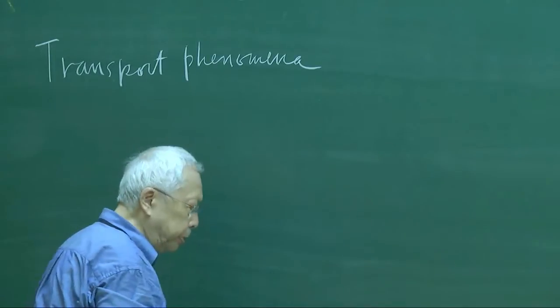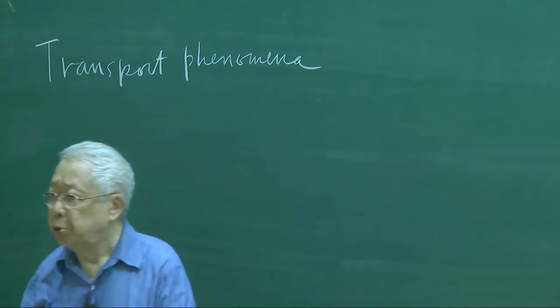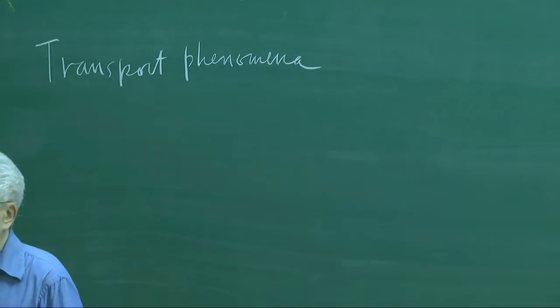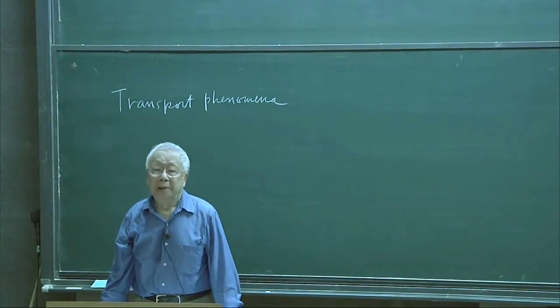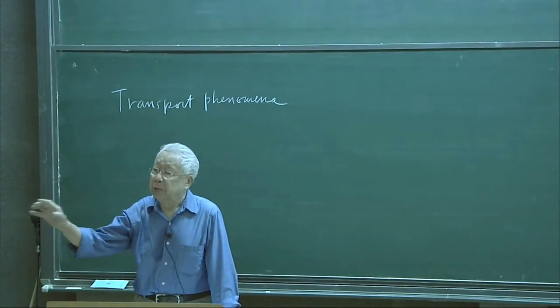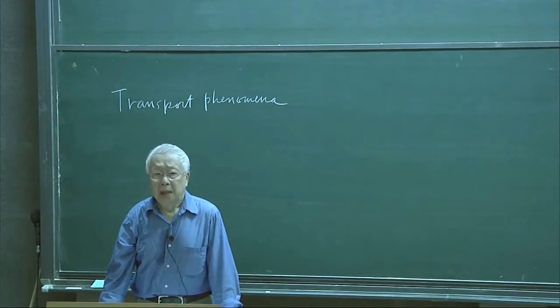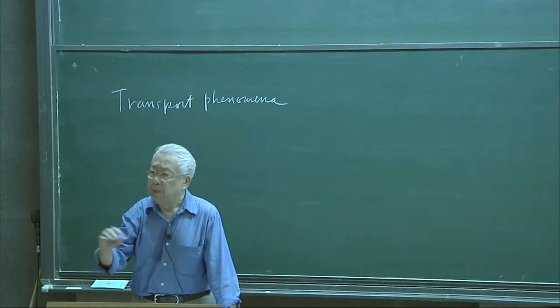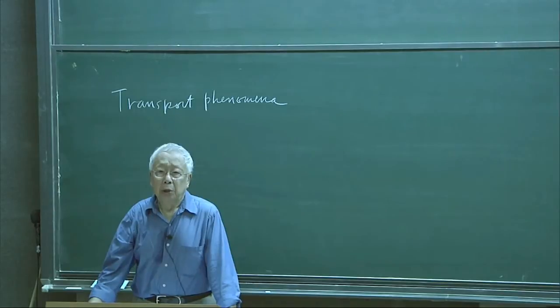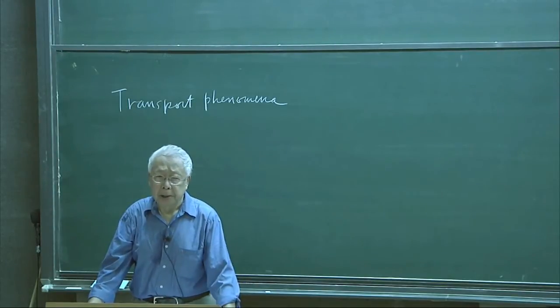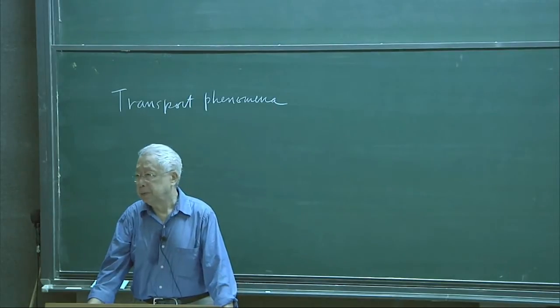Why is it called transport phenomena? Because for a system to achieve equilibrium, it has to balance things. If it has to make the density uniform, and it is not, then in the process it has to transport particles from one part of the system to another part of the system. It would have to transport energy, momentum, and particles to achieve equilibrium. These are called transport processes, and they are described by the Boltzmann equation.